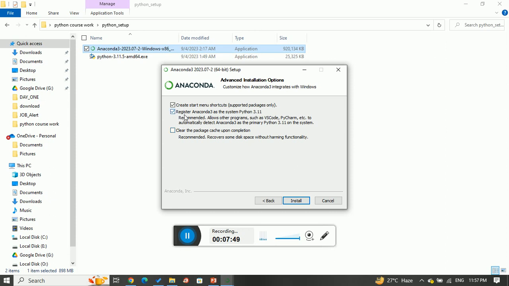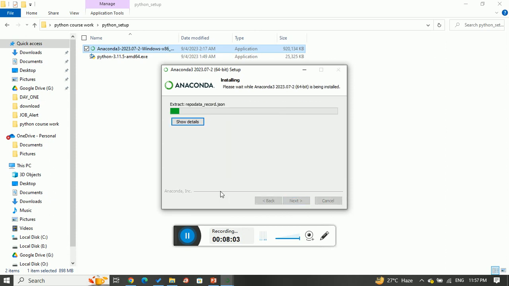Here just see, register Anaconda3 as the system Python 3.11. I have already installed Python 3.11, that's why it is showing here. Now check this box and I'm going to install, packages cache, and it